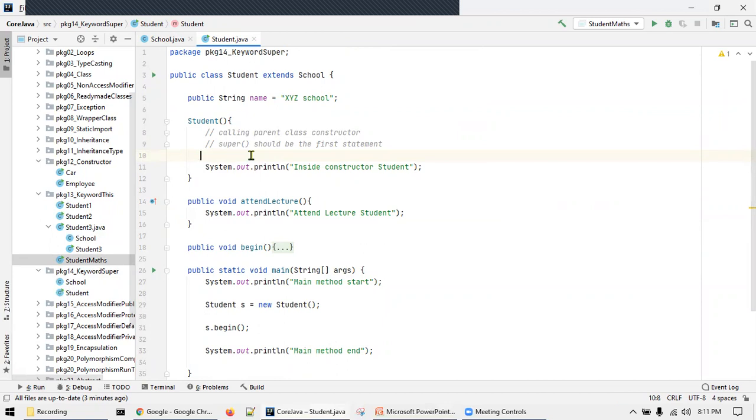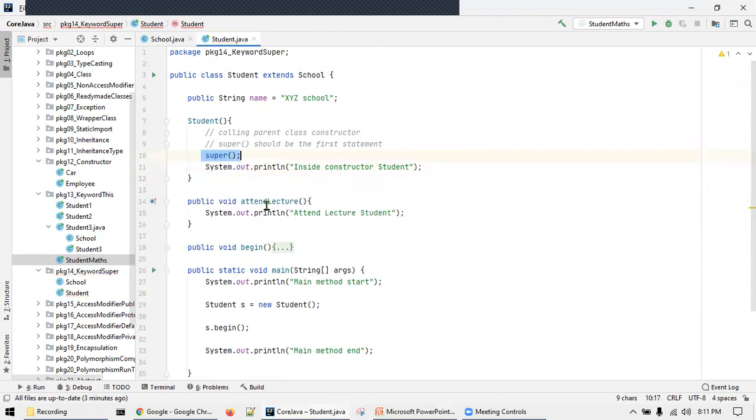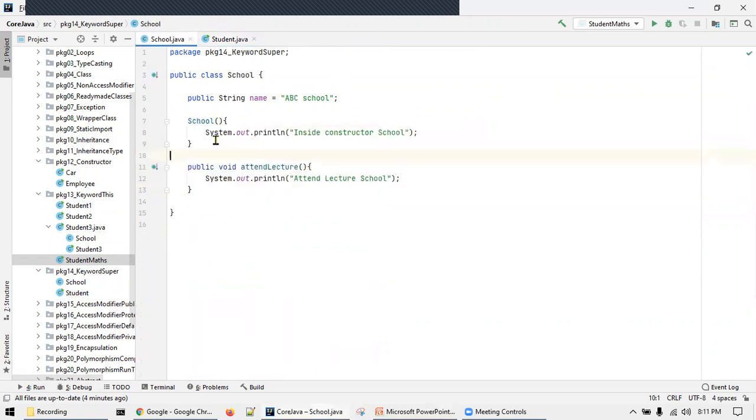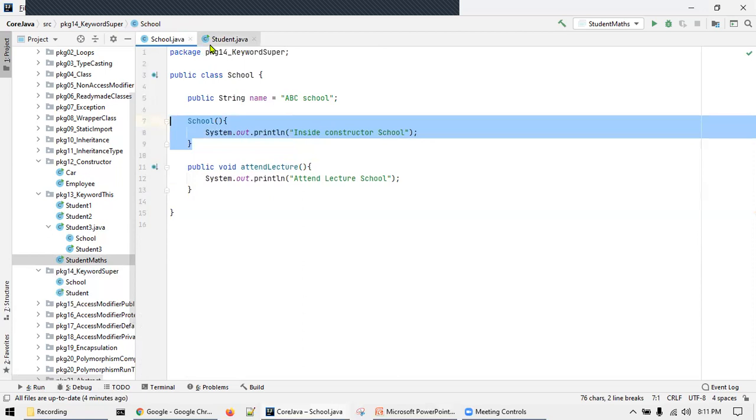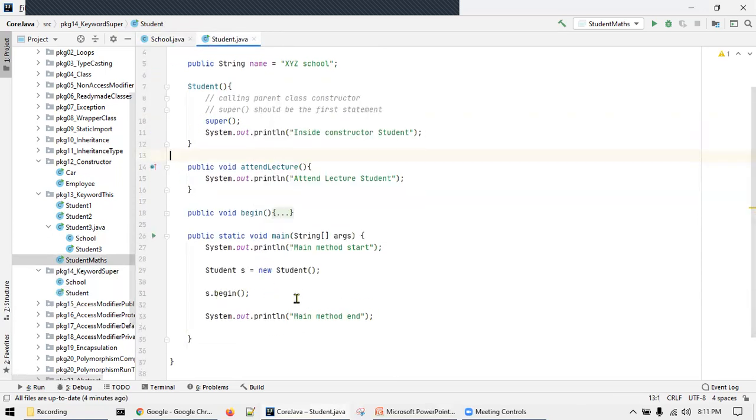Let's try this. I'm putting it here, and it gives a compilation error. It says it must be the first statement in the constructor body. So let me go back. Right, it should be the first statement. Now I'm creating an object of the student class, so I'm calling a constructor, which calls the parent class constructor, and it will go and call the parent class constructor. Let's comment this first,